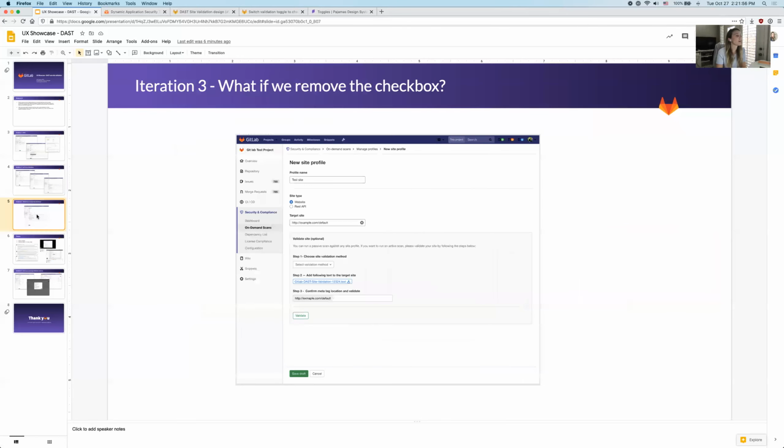Another option I came up with was, okay, what if we got rid of the checkbox and toggle altogether? Just make it even simpler. In this case, the background check to see the validation status would happen when this input loses focus. And if it has not been validated previously, then you would follow the same steps. If it has been validated on a different profile, you could get that same banner that says it's validated, but